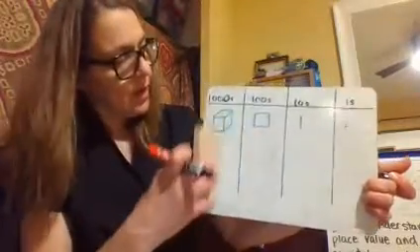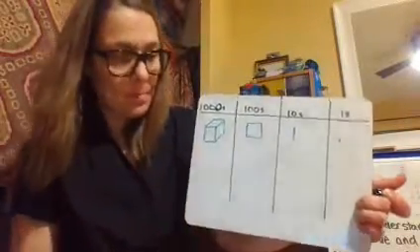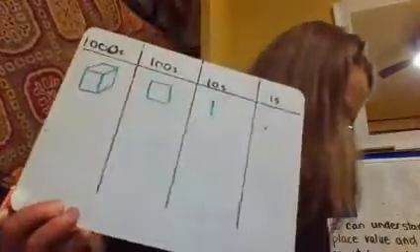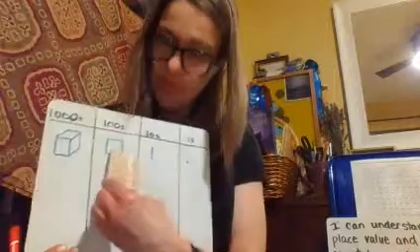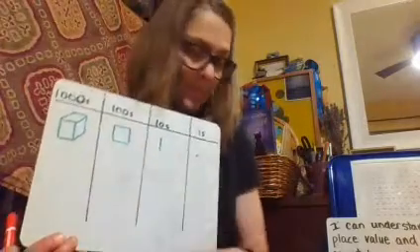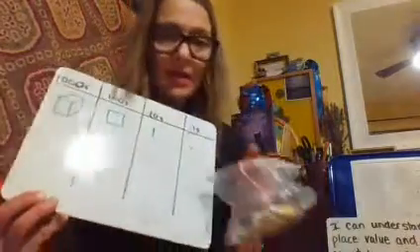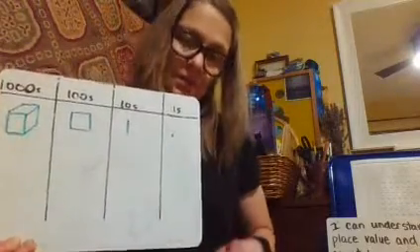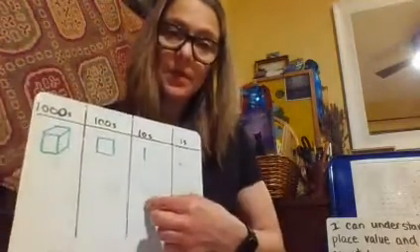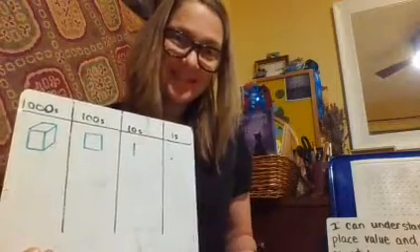So 10 of these will become a 4-digit number, just like 10 of these becomes a 3-digit number, and 10 ones becomes a 2-digit number. Okay, that said, let's turn the page to the next page,